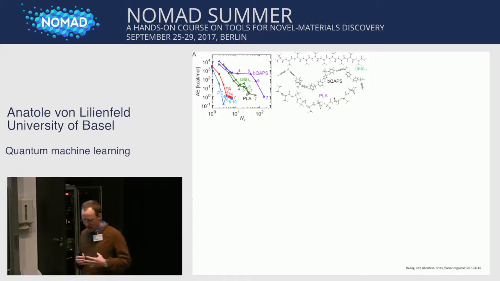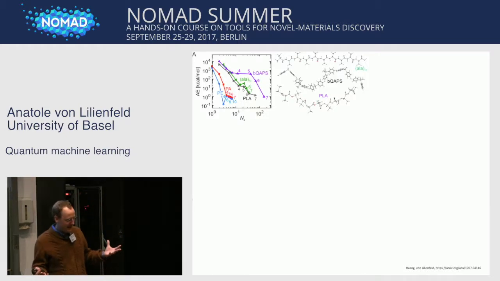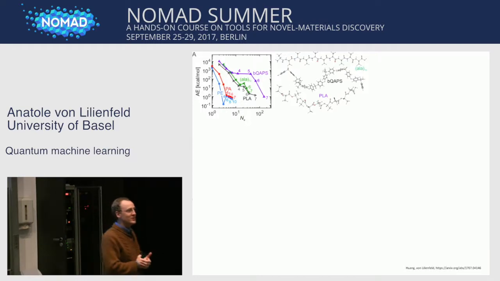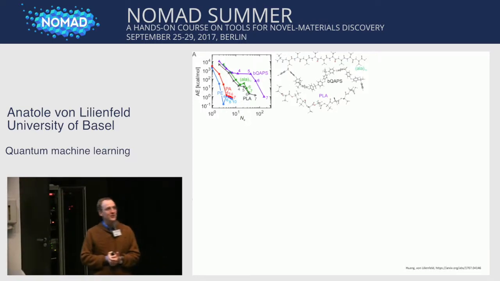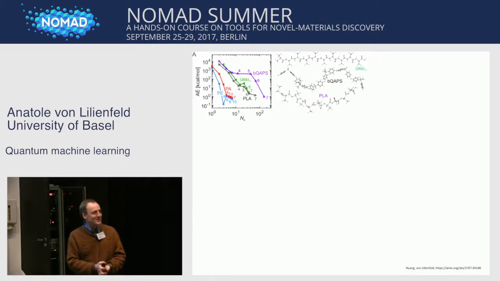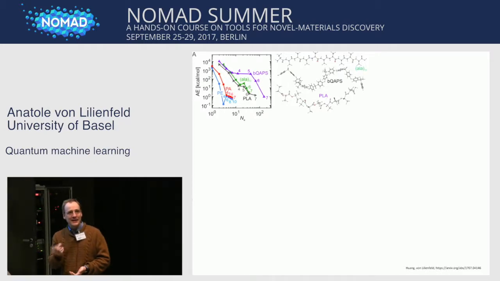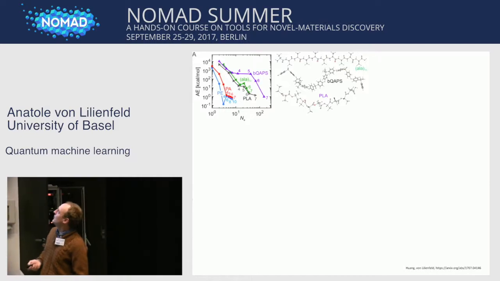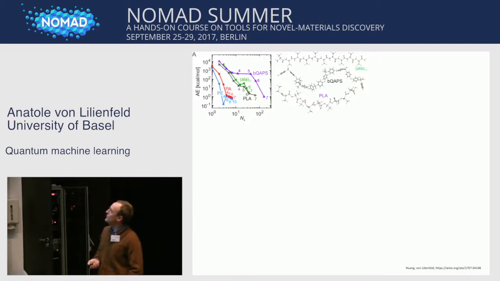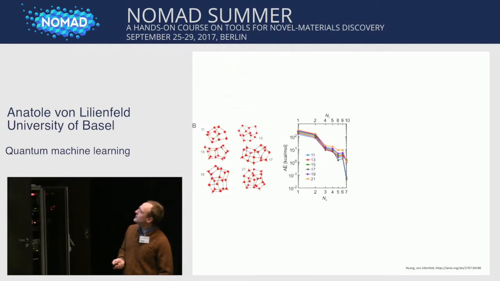Because as you grow in size, the dimensionality of chemical space explodes. And so you could not possibly, and also the cost for calculating, doing your reference calculation, grows with the number of atoms, obviously. And so it's very important that we can get a handle on the size of the molecules in training, or the size of compounds we need as well.